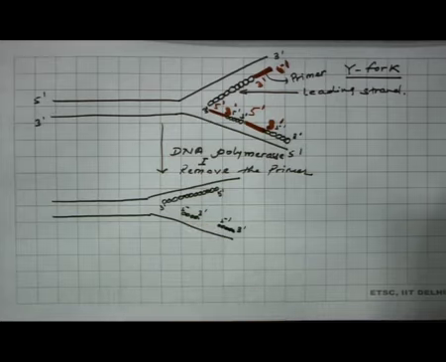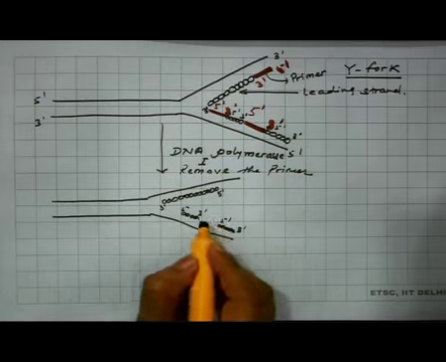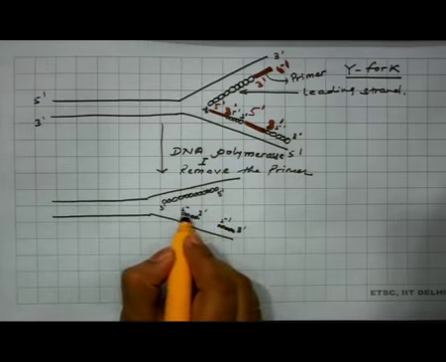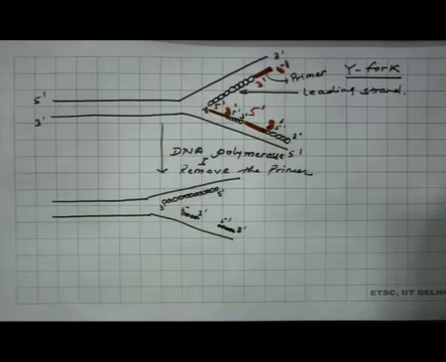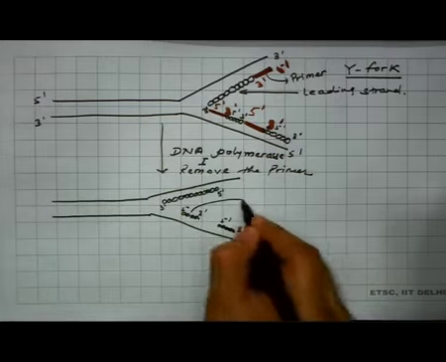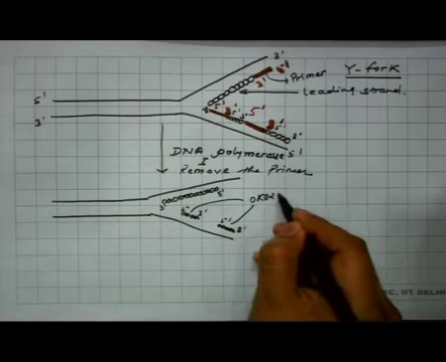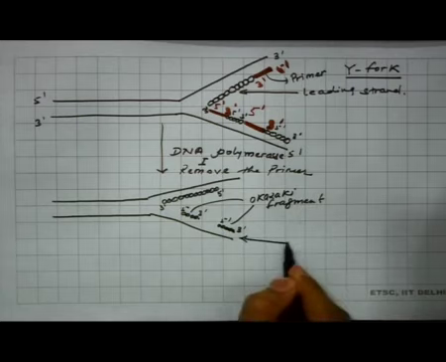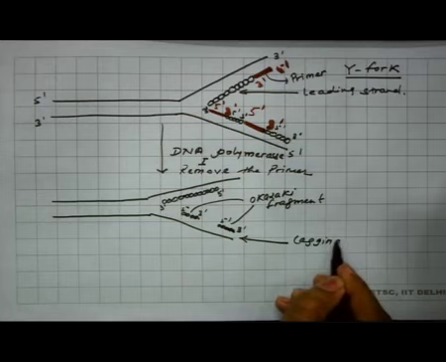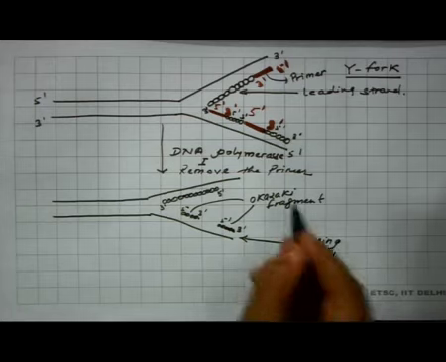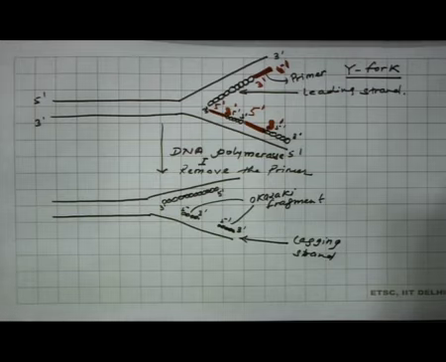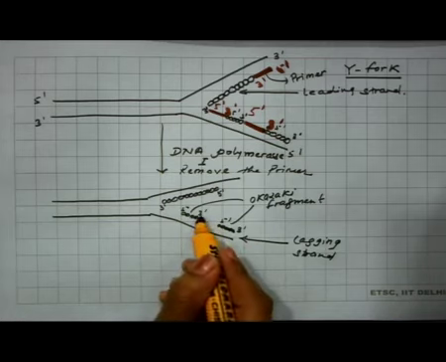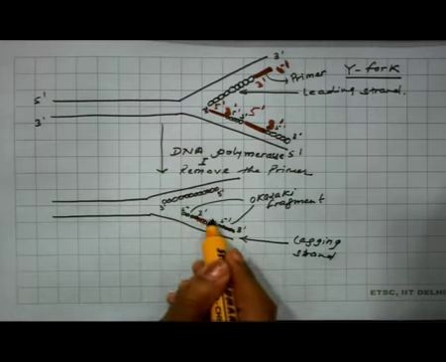Now, these gaps will be filled up by DNA polymerase 3, taking the free 3' end of this newly synthesized DNA, and these newly synthesized DNA fragments are called Okazaki fragments, and this strand is called the lagging strand. Now, these Okazaki fragments will give a free 3' end to the DNA polymerase to fill the gap. Now, this gap will be filled up,